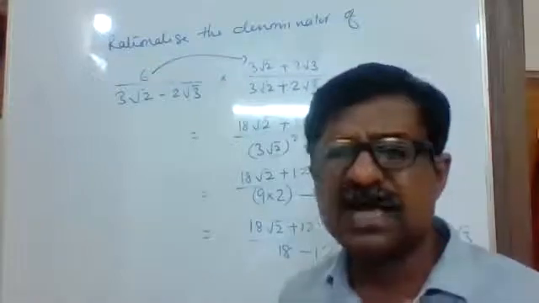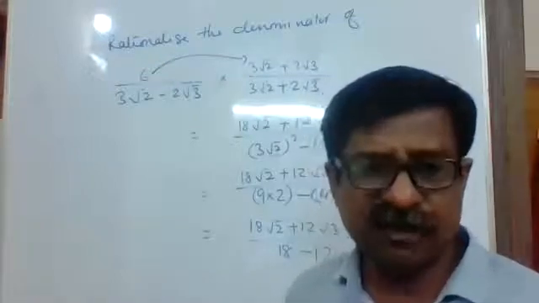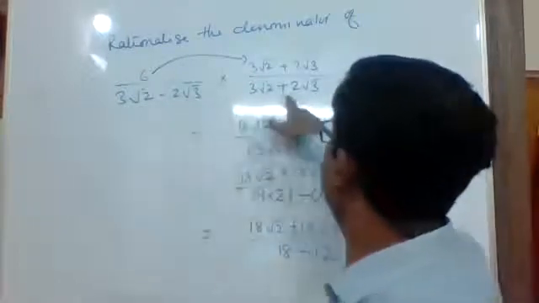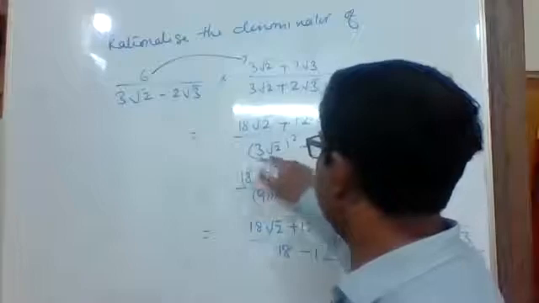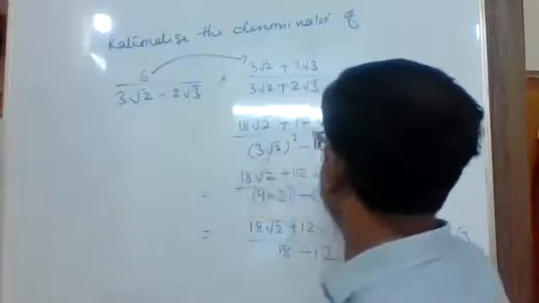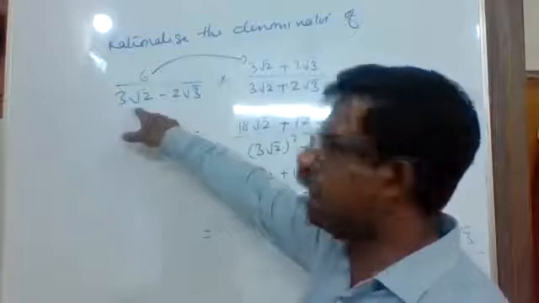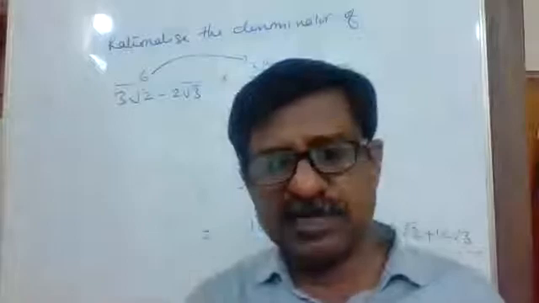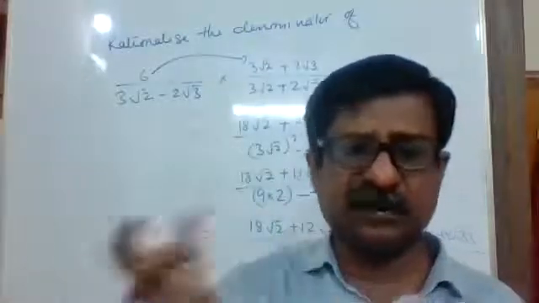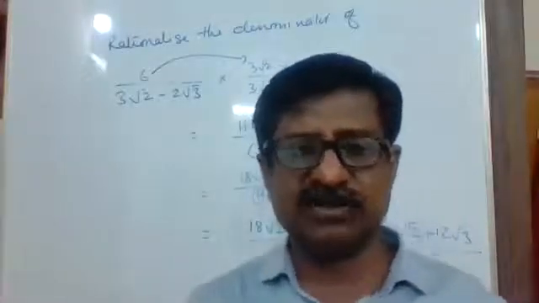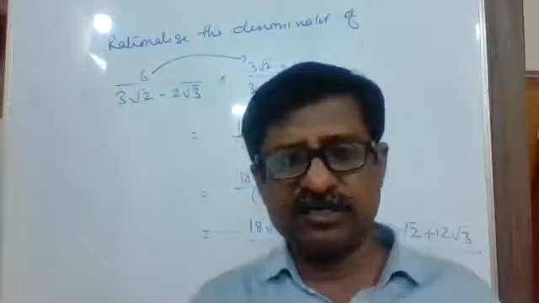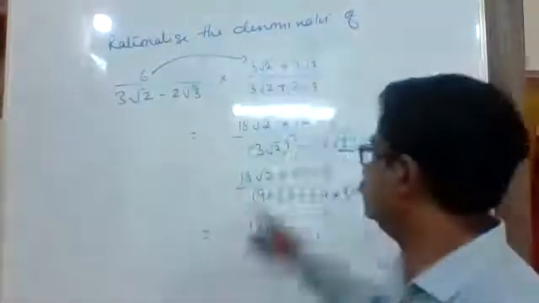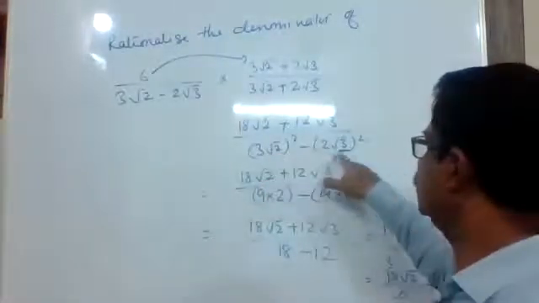And the denominator, as usual, will be in the form of a square minus b square, because we got a minus b into a plus b. Always you are going to get it in the form of a square minus b square. Here a is 3 root 2 and b is 2 root 3. No matter whether you are multiplying a minus b into a plus b, or a plus b first, a minus b afterwards, the result is the same, a square minus b square. A minus b into a plus b is a square minus b square. A plus b into a minus b is also a square minus b square. Same thing, a square minus b square we got.